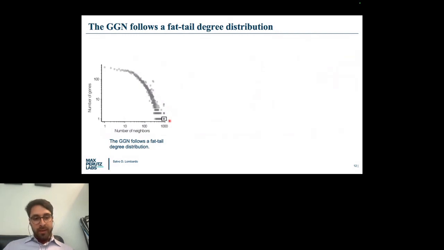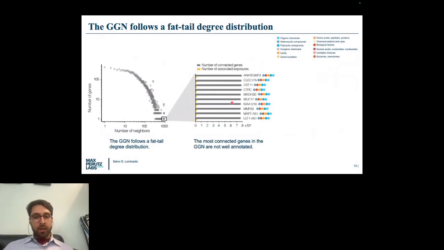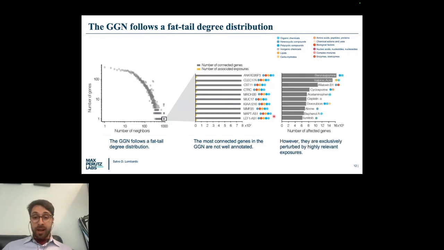And when we zoom in on these up genes, they are actually fairly unknown genes. Some of them control long non-coding processes. Some of them have very few biological functions associated with them. But what they have in common is that they are perturbed by a broad class of exposures, and some of these exposures are actually among the most perturbing exposures in CTD, such as benzopyrene, valproic acid, and aflatoxin B1, so